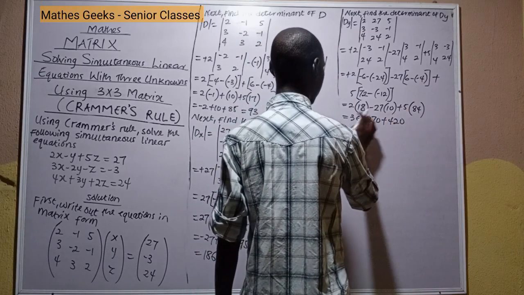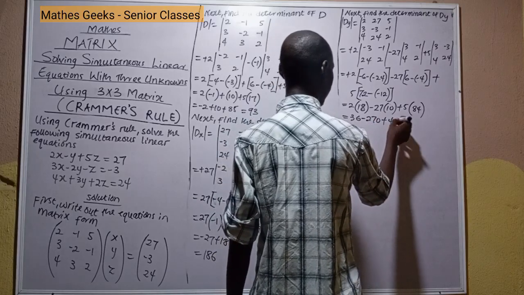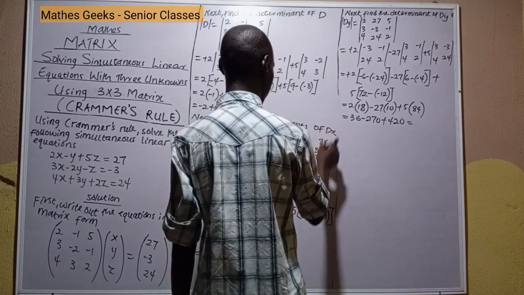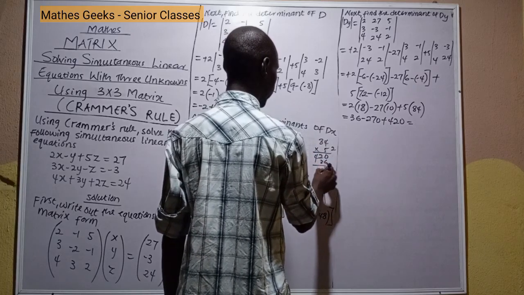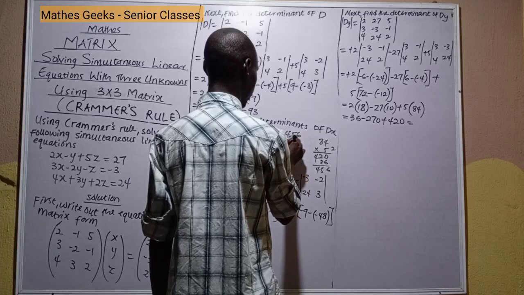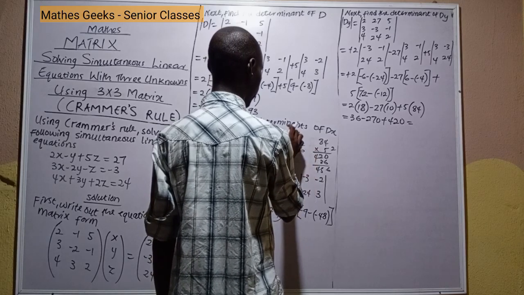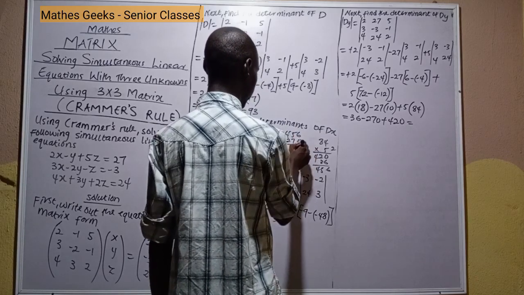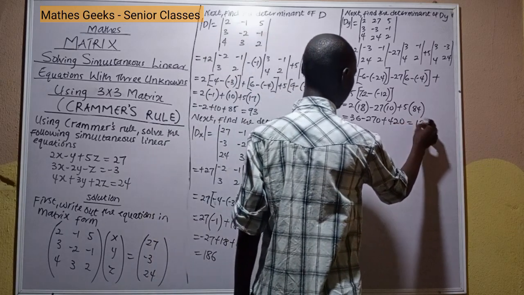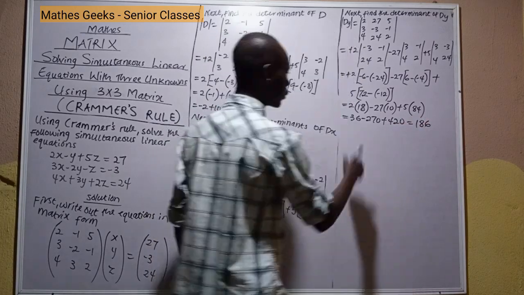So we add this to this and then subtract this from the result. So it equals 420 plus 36, 456, 456 minus 270, 15 minus 7, 8, and 3 minus 2, 1, 1, 8, 6. Next,